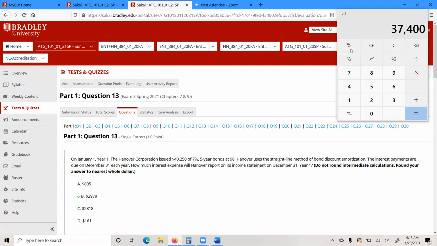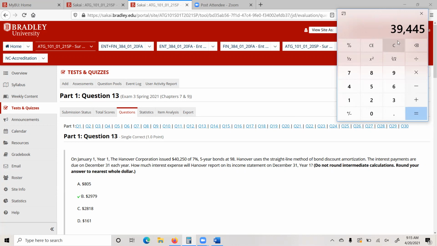So the bond principal, or the bond face value, was kind of strange, $40,250, issued at a discounted rate of 98% of face value. So our total proceeds received on that bond issue would be 98% of $40,250,